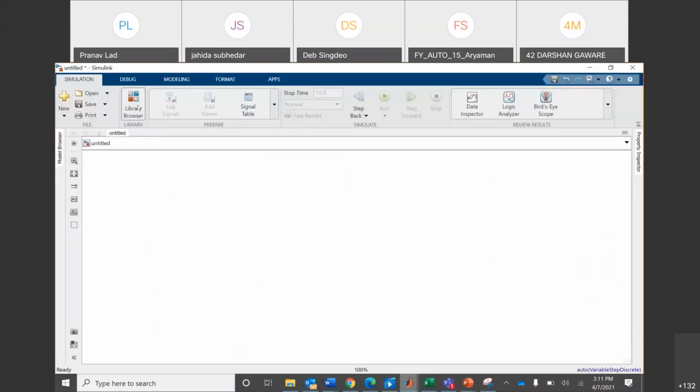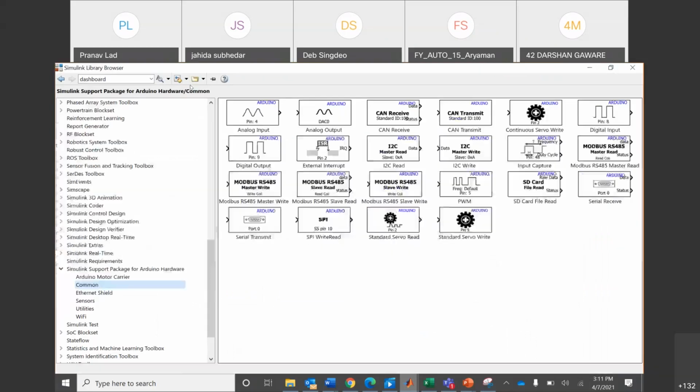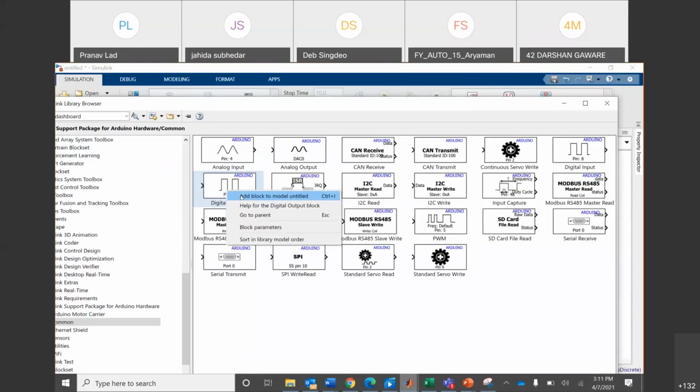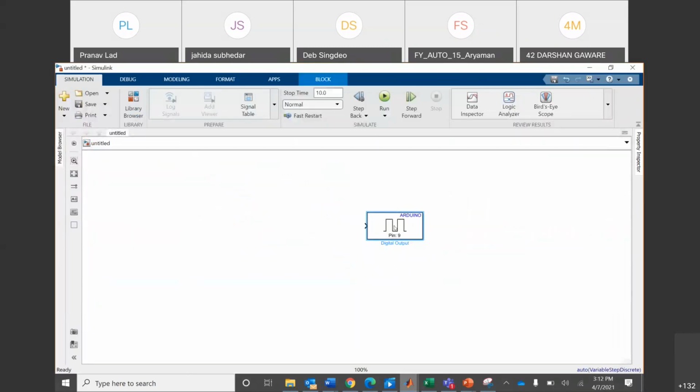If I go to the library browser again, there is one block here, digital output pin 9. I am just right-clicking and adding the block to the model. This is another way to add to your model.